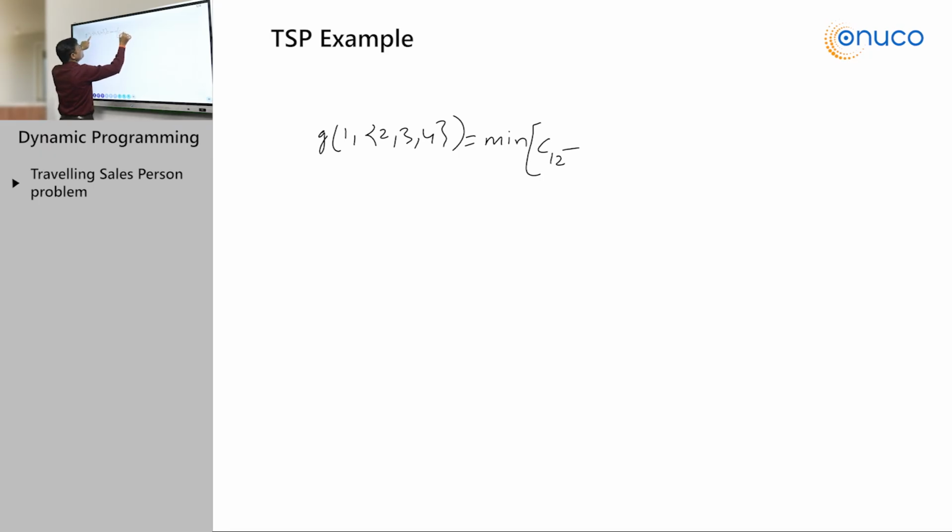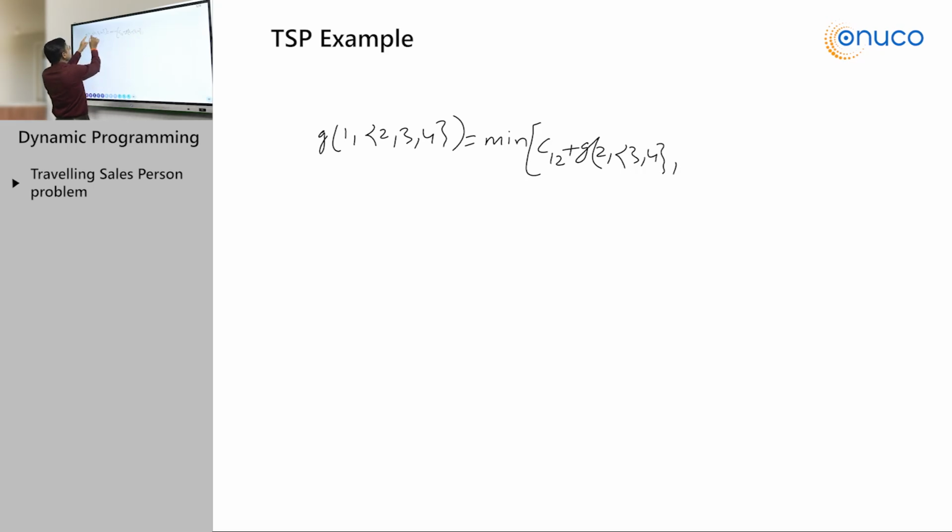So, let us go and find G of 1, {2, 3, 4}. We are going to write, as per the formula, min of C of 1, 2 plus G of 2, with {2, 3, 4} minus 2 being {3, 4},